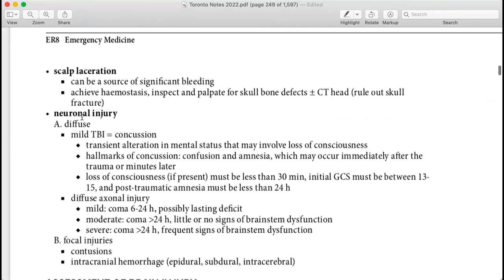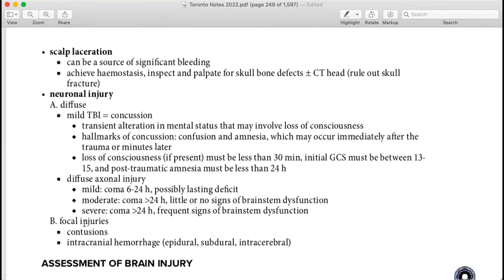Now coming to the neurological part, mild TBI or the severe one. Mild traumatic brain injury is concussion: a transient alteration in mental status that may involve loss of consciousness. The hallmark is confusion, which can vary with the time period. If it's only 5 minutes or less, you let that person wait until he settles down, and if he wants to go home, after telling him all the risk factors, you can discharge him. But if it's more than a certain period and he is still not coming back to his normal condition,